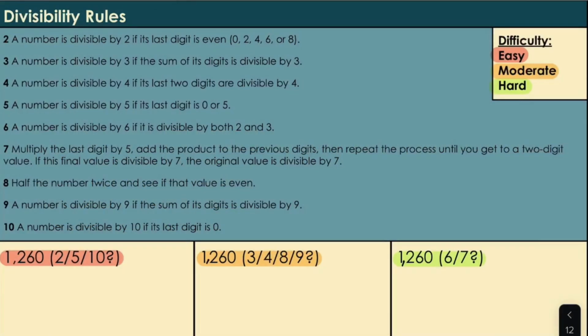Learn the divisibility rules for the numbers 2 to 10. Why are these rules useful? They are really helpful when we are looking for factors of a given value. So first up we have